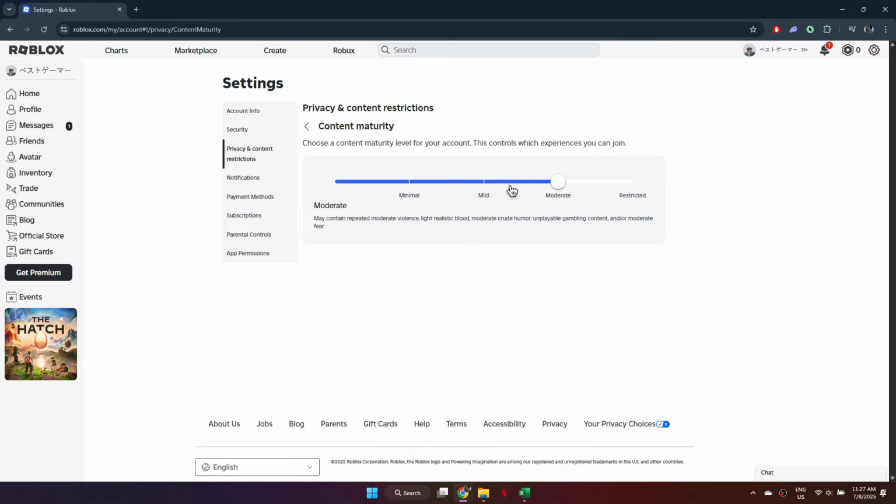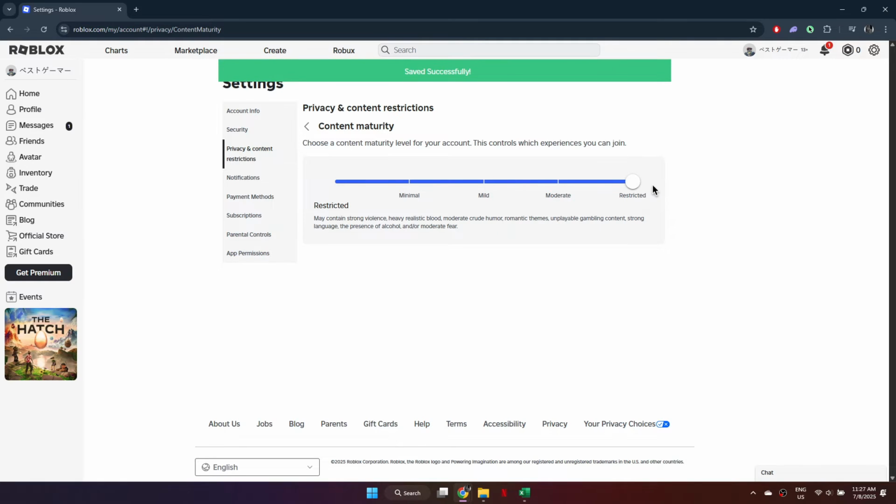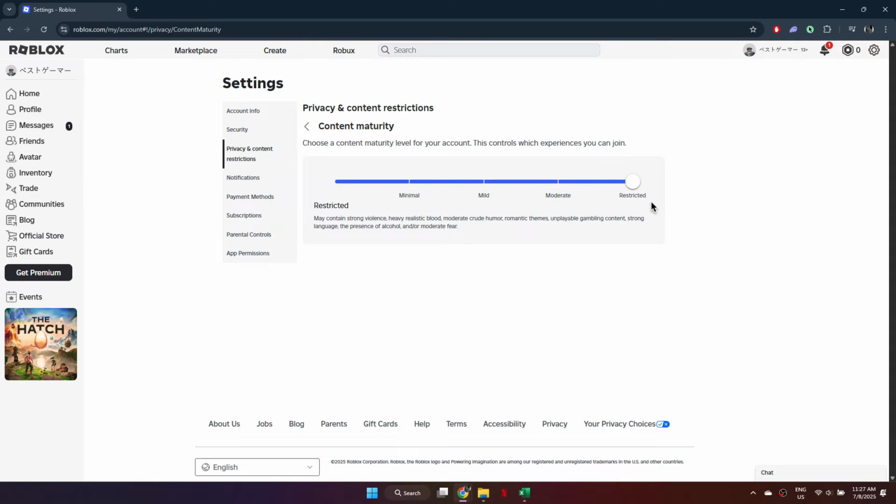You'll see a slider under Content Maturity. If this slider is set to Minimal, it could block access to certain experiences. To fix the error, simply drag the Content Maturity slider all the way to the right, setting it to Restricted. This change removes limitations and allows you to access all experiences on Roblox, including those with a higher content maturity